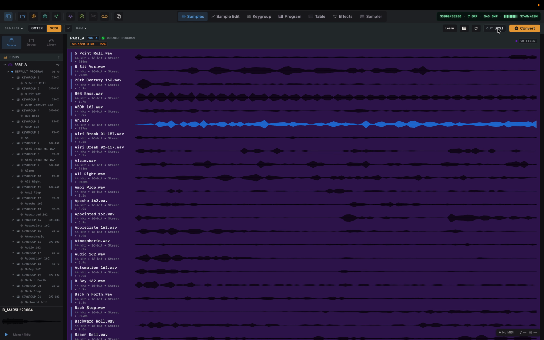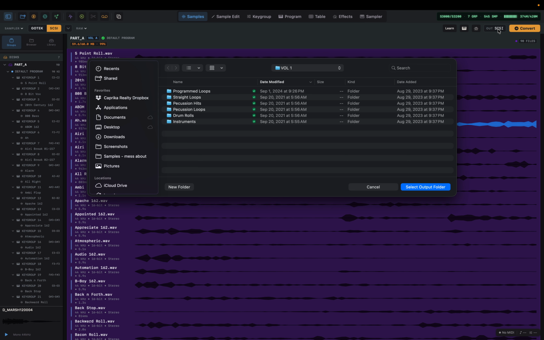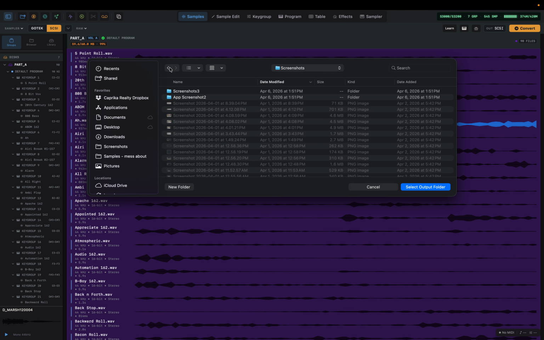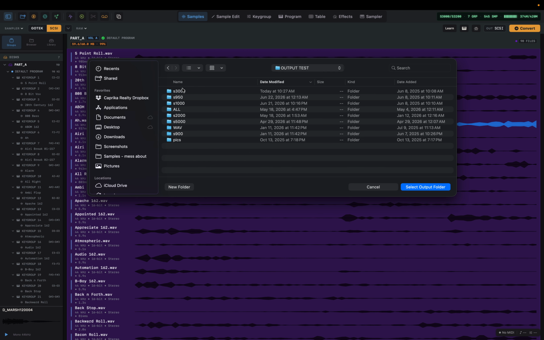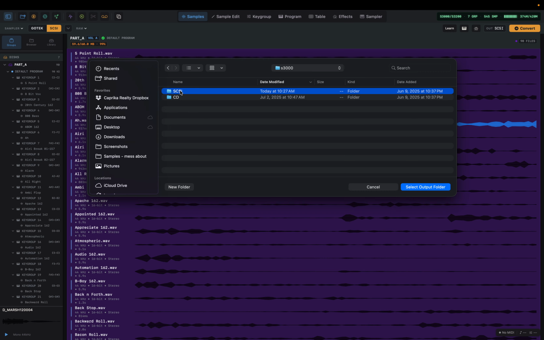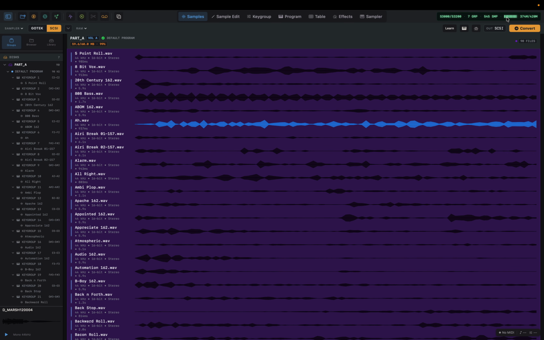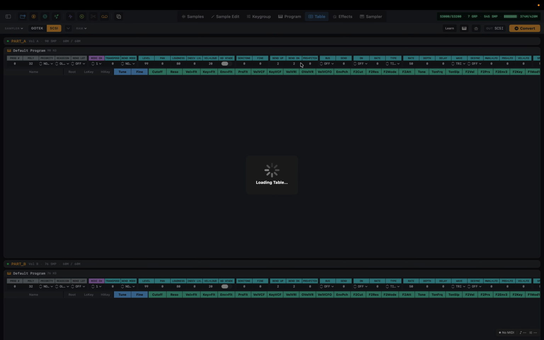Here on the output path, you can choose your folder. In my case, I'll go to my output test 3000 folder, which is just where I put my test files. So my output folder is set, my sampler type is set, and I've got my samples. Now, if I click the table view,